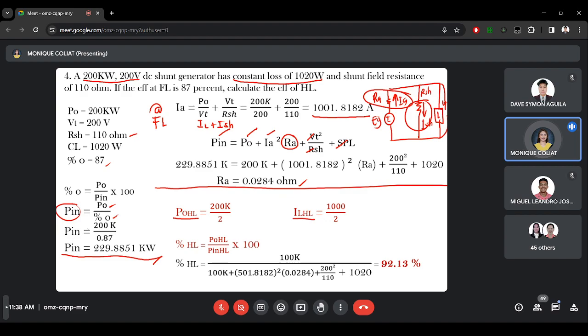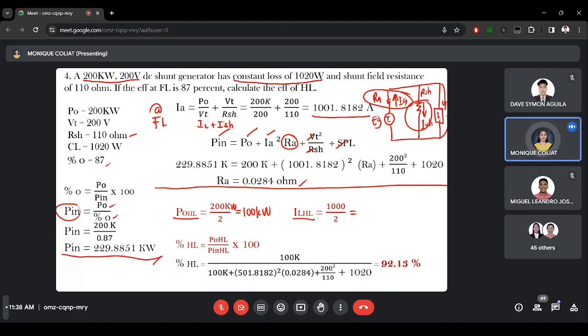That means your IL is 1,000 ampere here in full load. How about in half load? So 1,000 divided by 2, that is 500 amperes. So we have now the half load of output power and the half load of load current. So we can now move on to